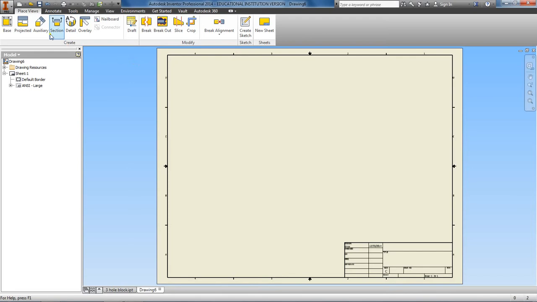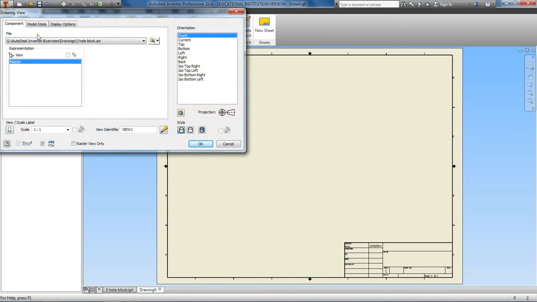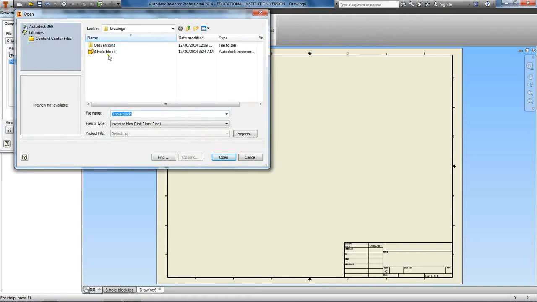And in order to load our part on the drawing paper here, we start with base view. Make sure you're in the component tab, and the file here that you want is your three-hole block. Now, because I have the three-hole block open as a part file, it's already got it loaded. But just in case, or for future reference, click this arrow, the folder here, and then look for your part, the three-hole block, and you can see the preview of what you want, and click open,